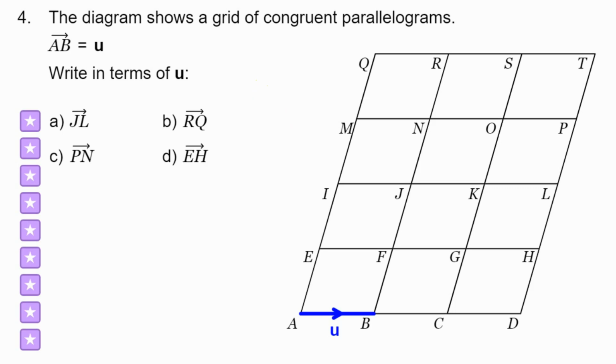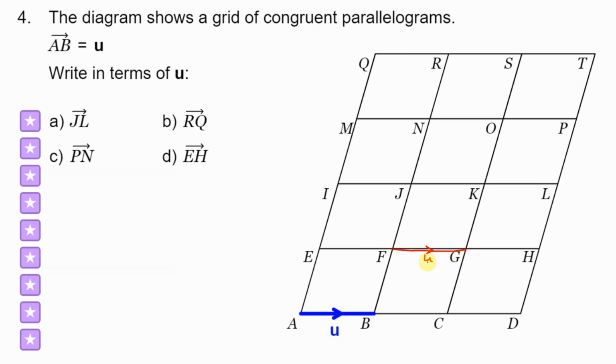So, in this one, we want to write these four vectors. Remember, if we have two letters next to each other with a line on top, that means a vector. If it's just the two letters next to each other, that just means the length. So, we've been told that this vector here is u between a and b. Remember, with a vector, it is only just the movement. It's not stuck to one position. So actually, this also